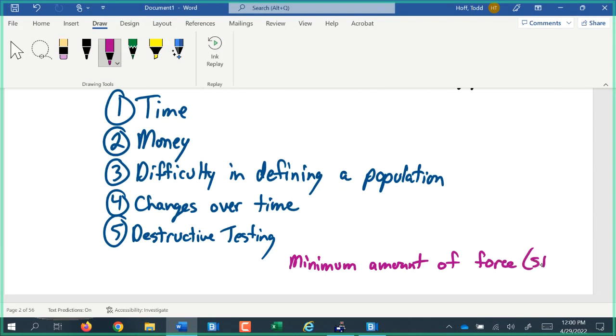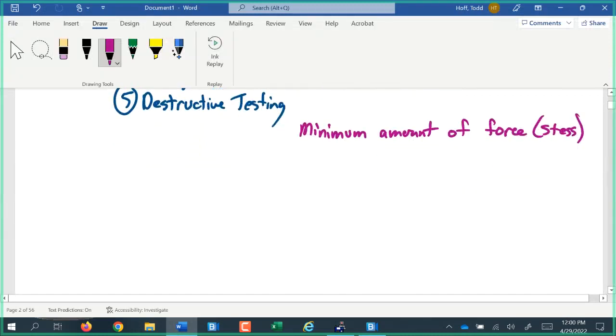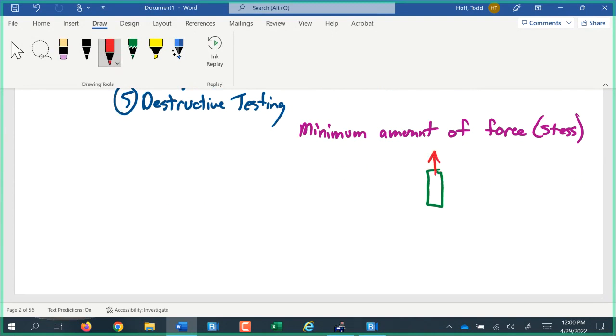Or what's called stress. So what we would do is we would select a part, we'd put it in a machine, that machine would stretch it until it broke. And then the machine would read how many pounds of force it put on that part before it broke. And then we would compare that number, how much force it took to break the part, the amount of force it needed to hold in application, and we'd decide if that was strong enough to be assured that